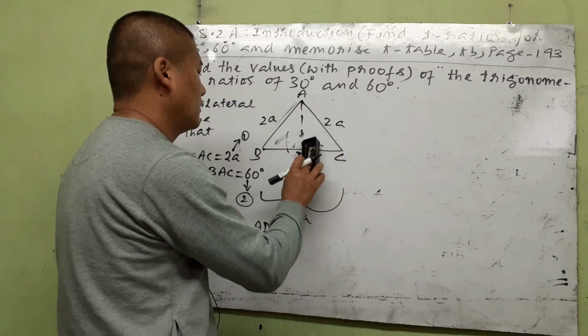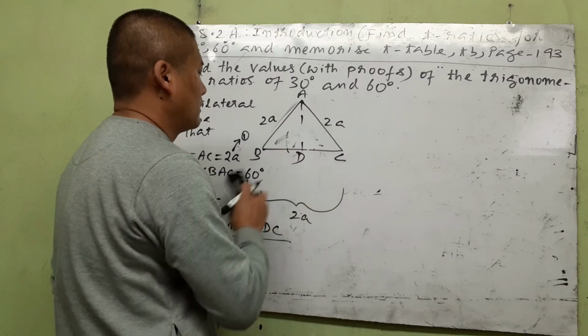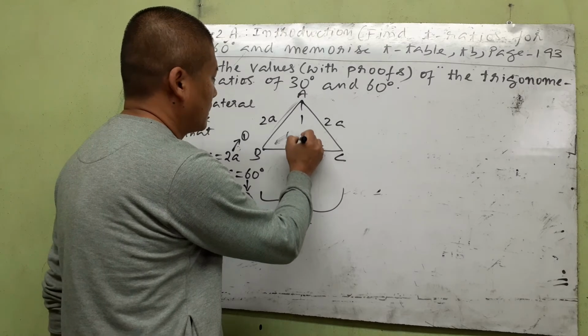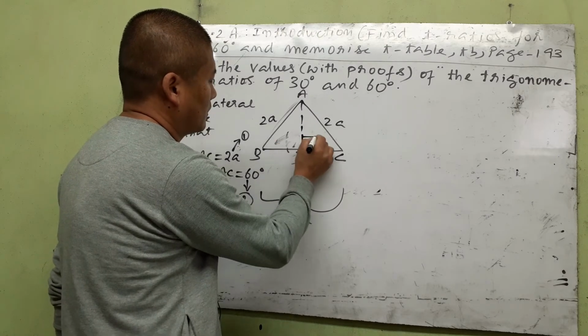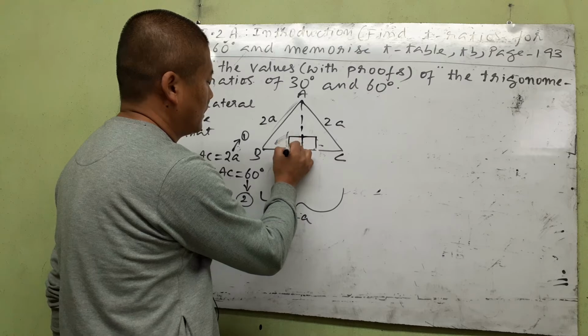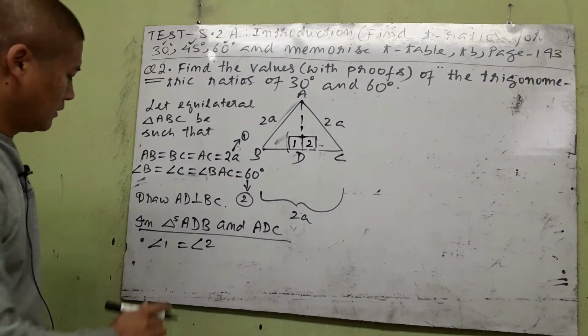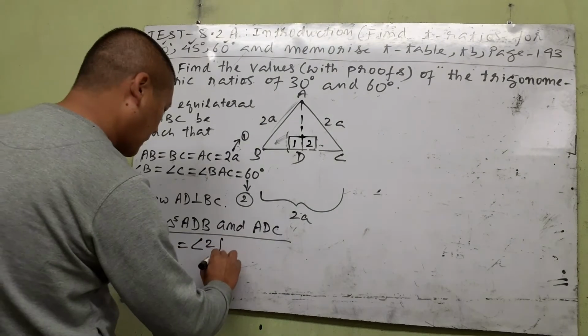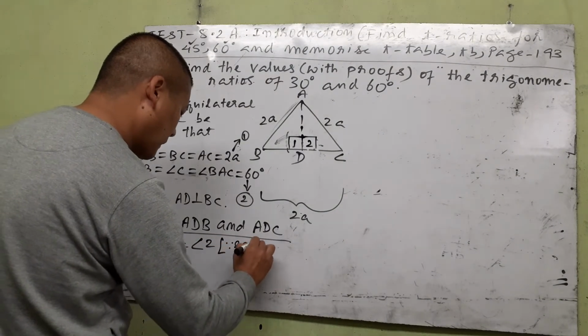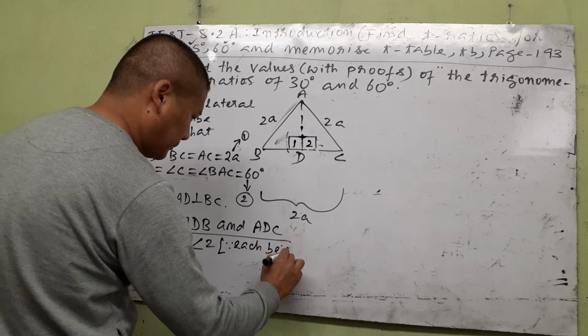Maybe you can make it a little bit bigger. So here, this is 90, this is also 90. So this is 1 and this is 2, let us say. So angle 1 equal to angle 2, because each being